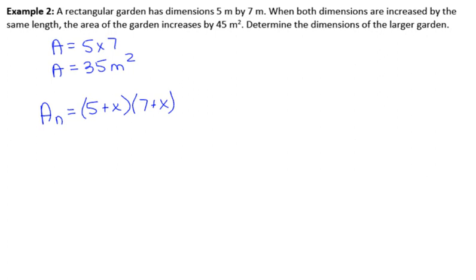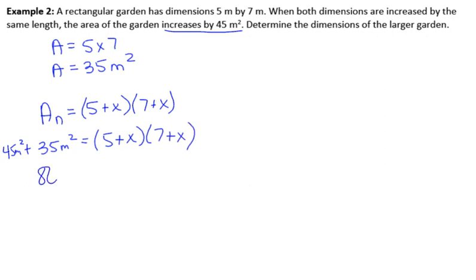But what I also know on the left-hand side is that my area was 35 meters squared, and I'm adding on, it's increased by 45. So I know I'm going to have a 45 square meter increase on that side. So I can rewrite my equation like this. I know my area is going to be 80 square meters, and I can represent my length times width like this. In order for me to solve for what those x's are, though, I need one side to be equal to 0. So we need to subtract our 80 to the other side